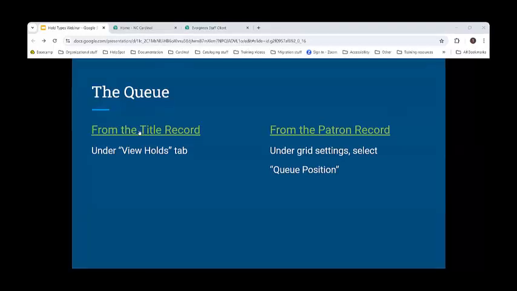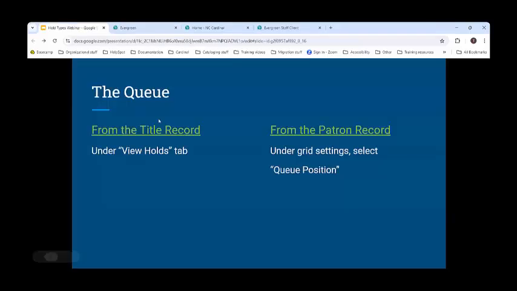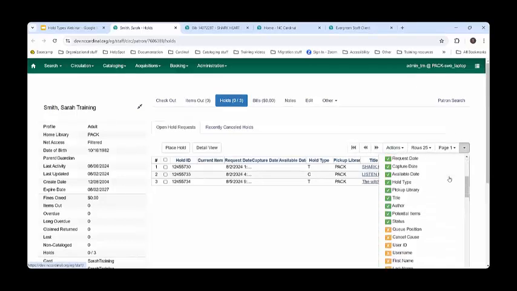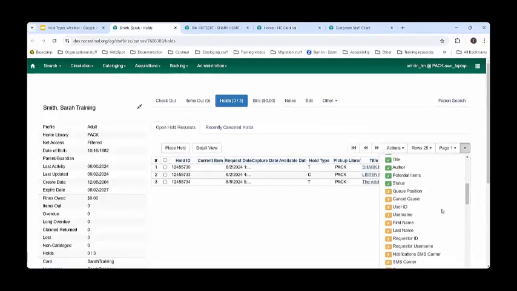All right, so let's take a quick look at the queue. So you can get to the queue from two places. You can get to it from the actual title record itself, the record that's being targeted for the hold, and from the patron record. From the patron record, you can get to it by coming over here to this drop-down menu for the grid in the patrons holds tab. So if I'm in my patrons holds tab and I come over here to this drop-down, I can choose queue position